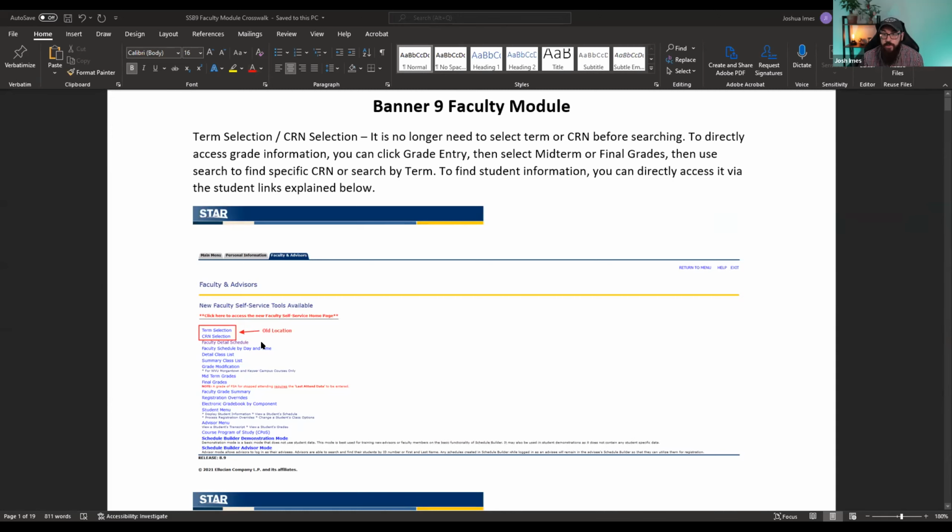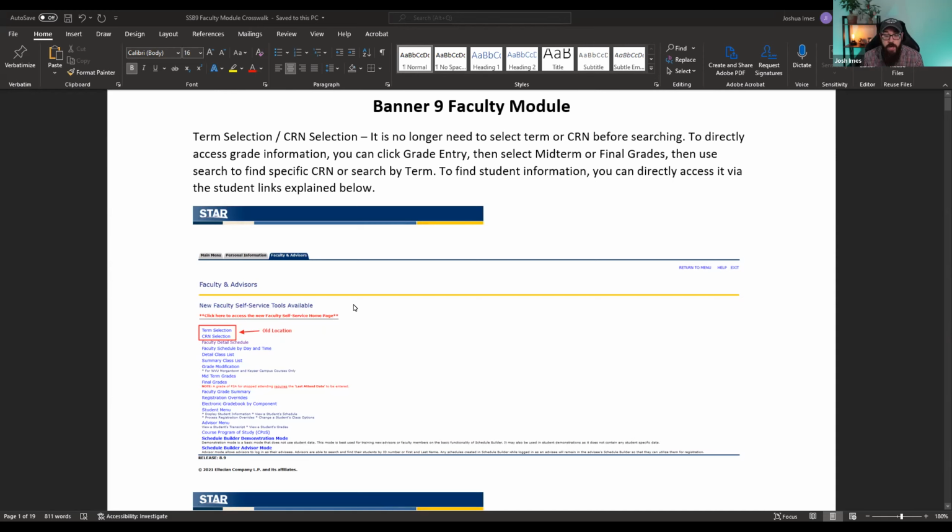you know, you can only enter grades for 25 students per page in the Banner 8 version. In the Banner 9 version, you can enter grades for up to 100 students per page. So hopefully that will avoid some of the issues with grades not being saved or people timing out on pages, in that you can enter more grades at once. And there's a few other improvements that I'll talk about as we go through it, but let's go ahead and